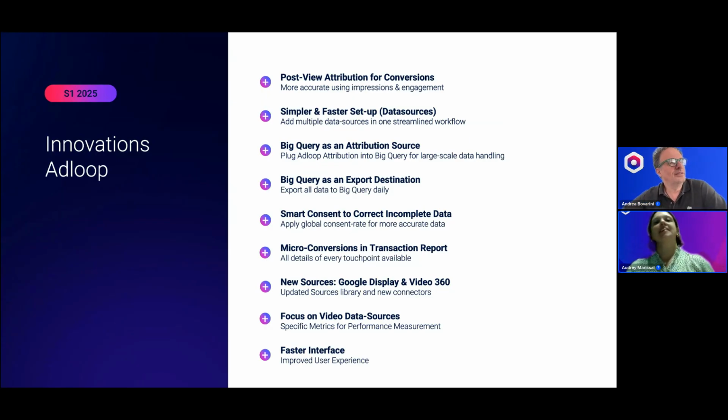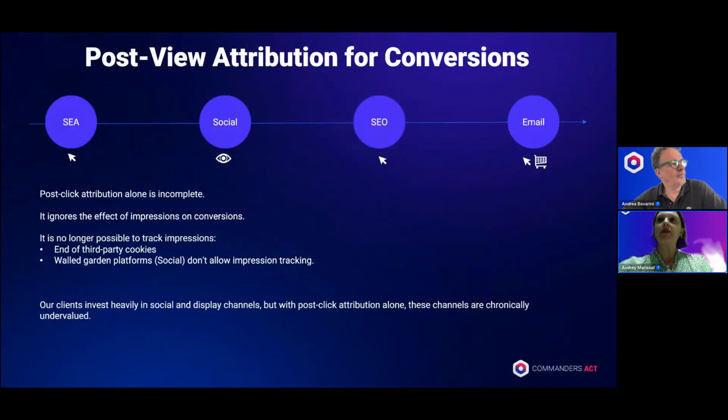Yes, I will go a bit into detail about all of this new development. To start with the post-view attribution for conversion, many of our clients invest heavily in channels like social, display, and video.